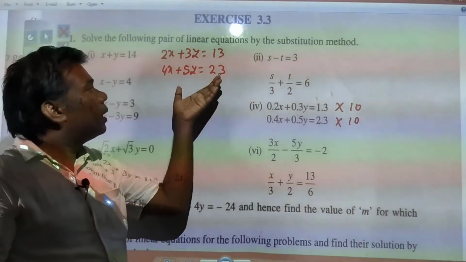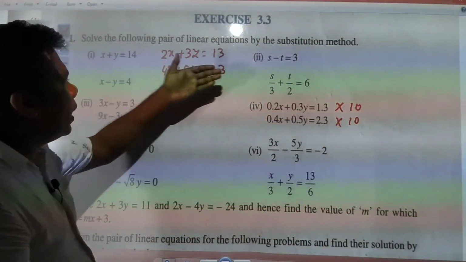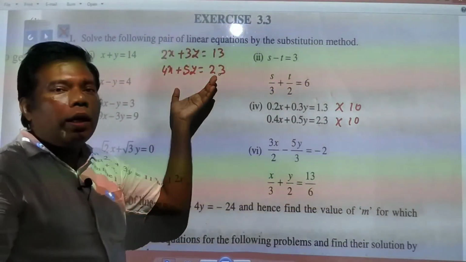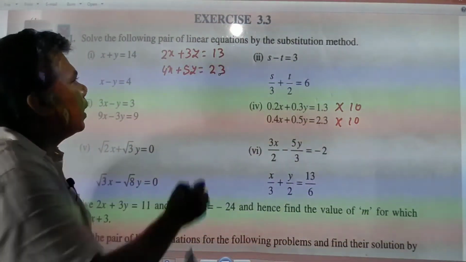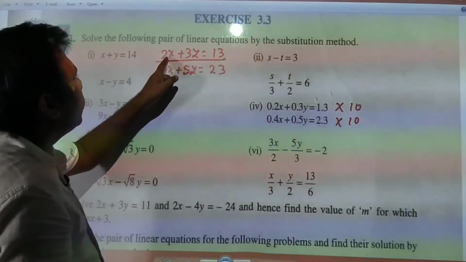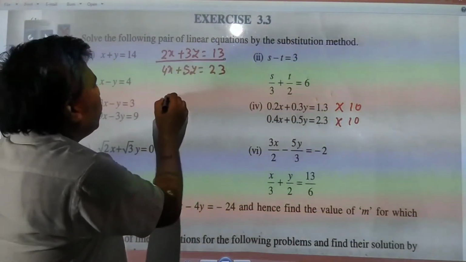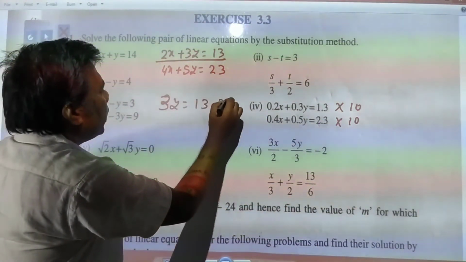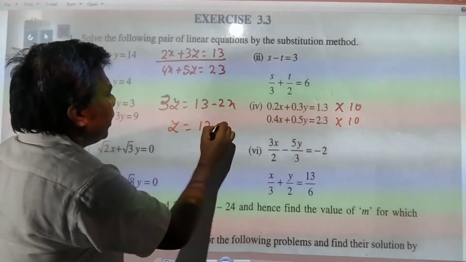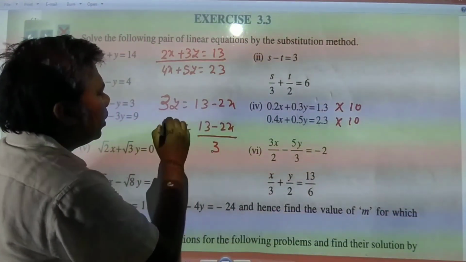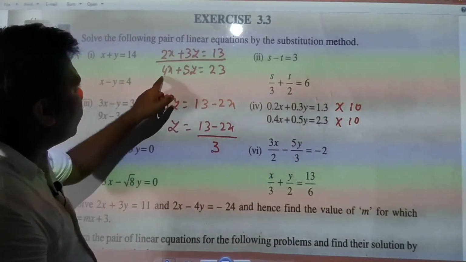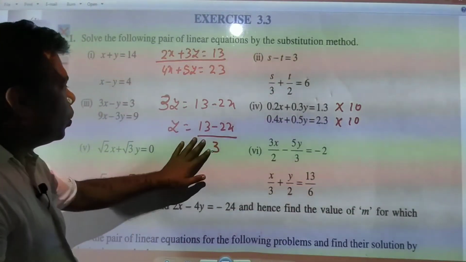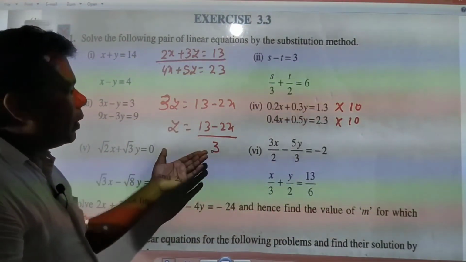Now the same thing is required to be done as we have done for the first, second, question numbers 1, 2 and 3. The same thing is required to be done, and you need to know how to simplify and you will get the answer. First equation you see 2x plus 3y is equal to 13. So 3y will be equal to 13 minus 2x and y is equal to (13 minus 2x) divided by 3. Now the value of y is required to be put here and you need to simplify and you will get the answer. So try to do it, I hope you will be able to do it if you know the simplification.